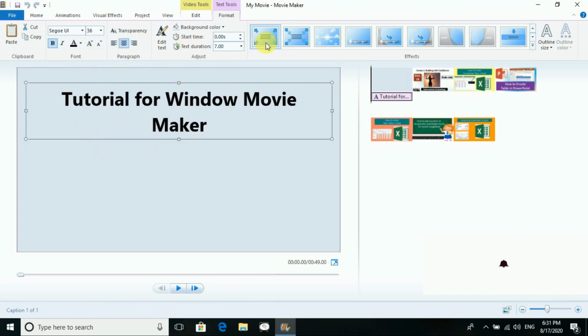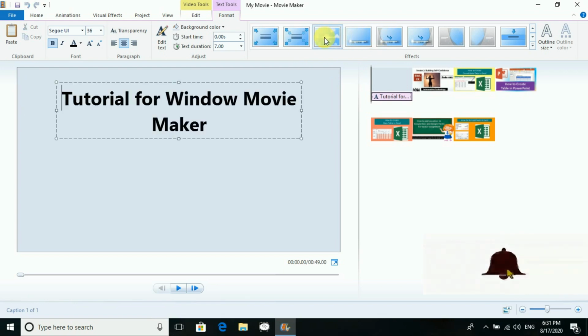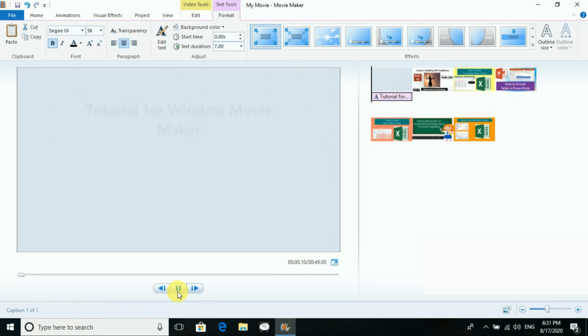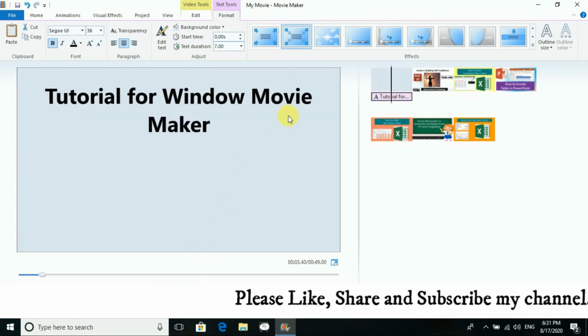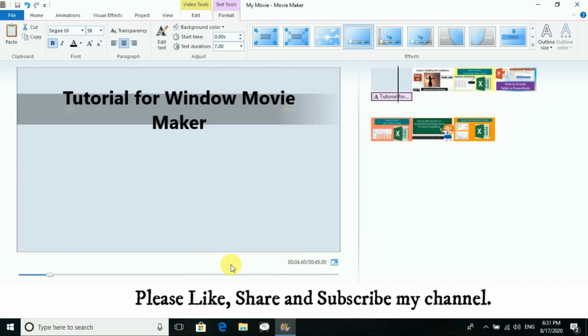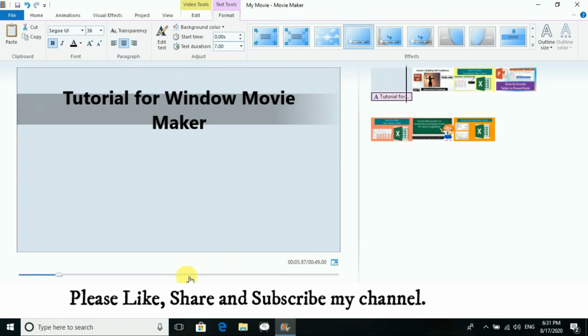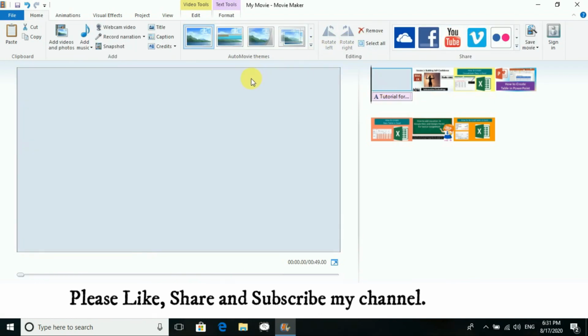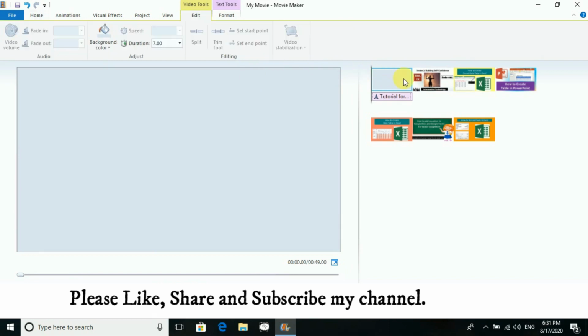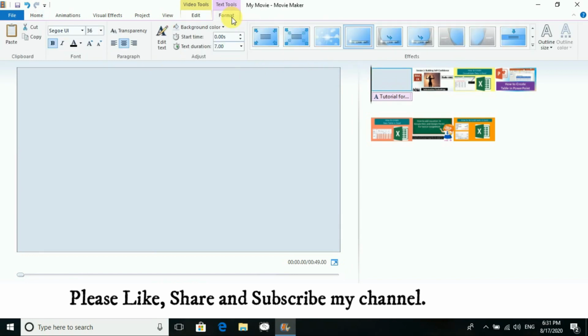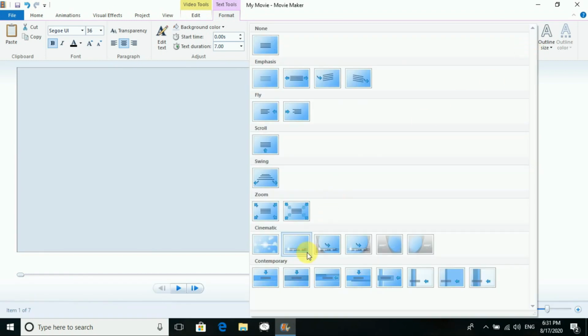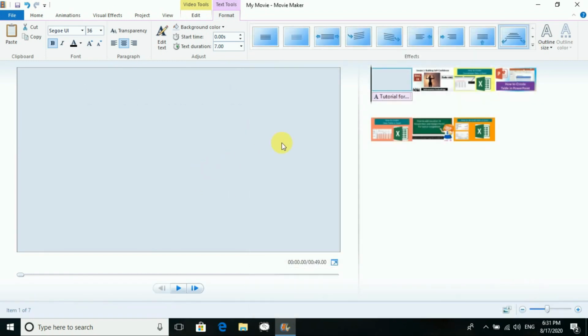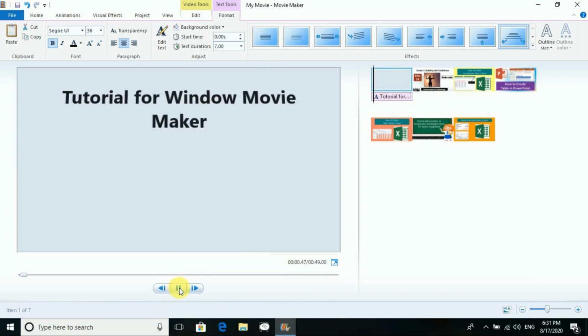Now there is one more option, that is the effect. You can see that as I click, the effect will be according to it. You can give the effect like you are seeing in different movies, you must have seen the effect of it. Yes, you can give the effect there. Okay, so this is about it. There are many effects. You can take any of the effects which you like. I'll just play for you.